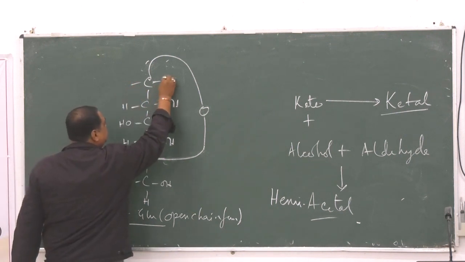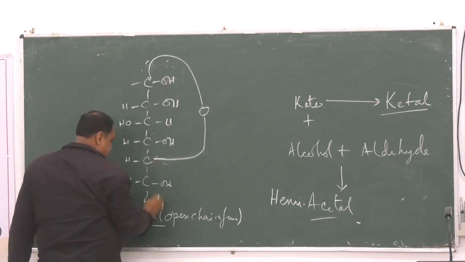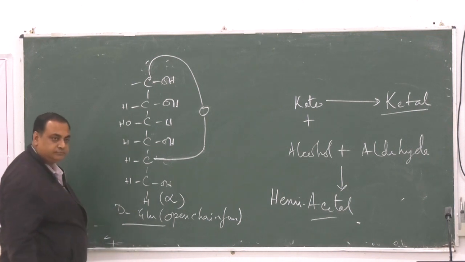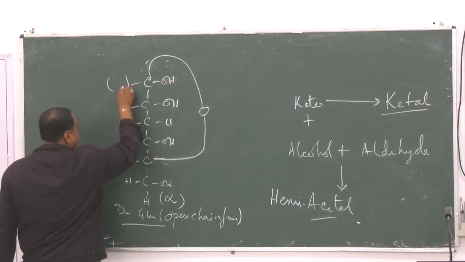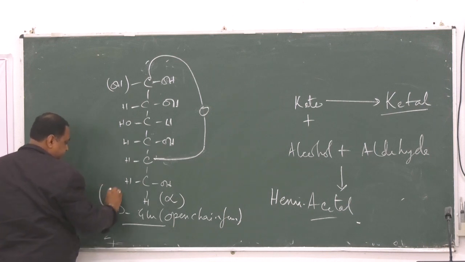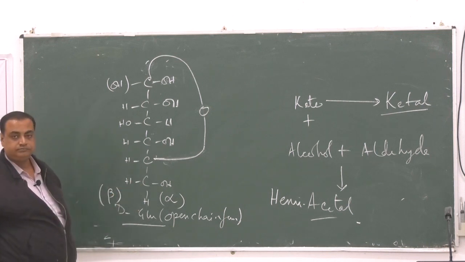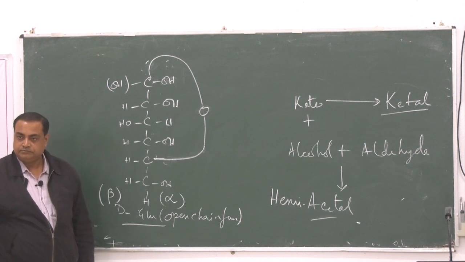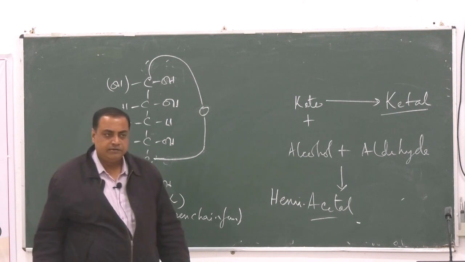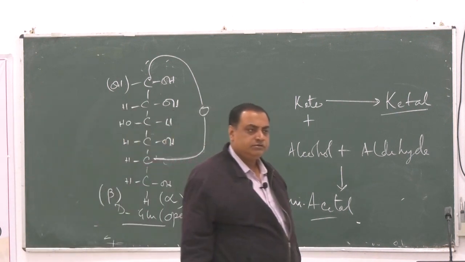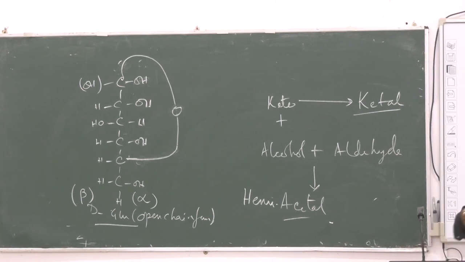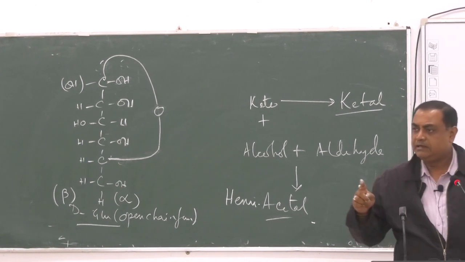So if they are on right hand side, it's called one form, and if OH is on left hand side, another. Right? So when they form a ring structure in hemiacetal form, the sugars generate a new chiral center at